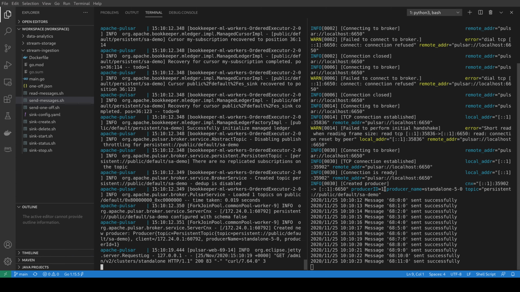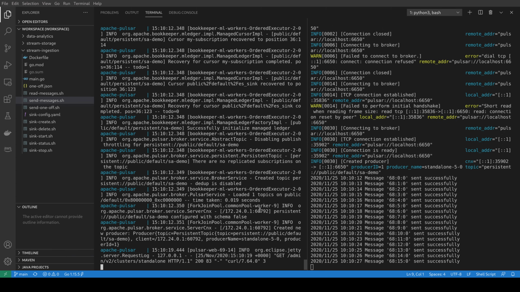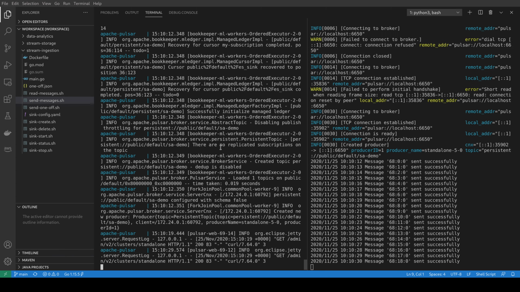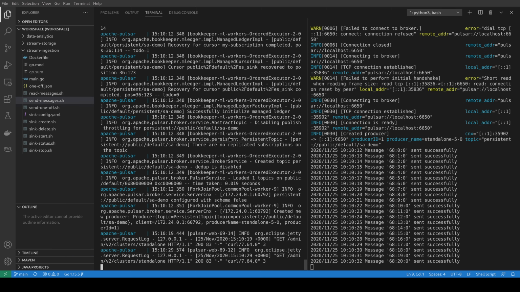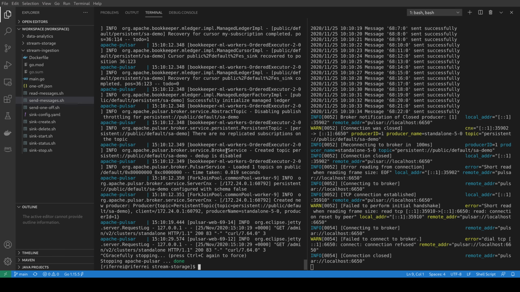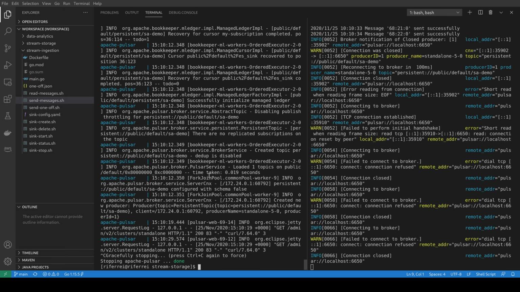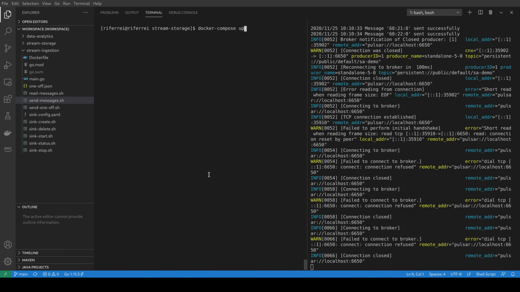This is a bad developer experience. So as you can see here, the producer is continuously sending a message as expected and as advertised because the Pulsar cluster is running. So what I'm going to do is to Ctrl+C and stop my Pulsar cluster. And you're going to see that a connection was previously established, but now it's broken. So the client again keeps retrying until it succeeds in the connection. Meanwhile, I'm going to start up my Pulsar cluster once again.